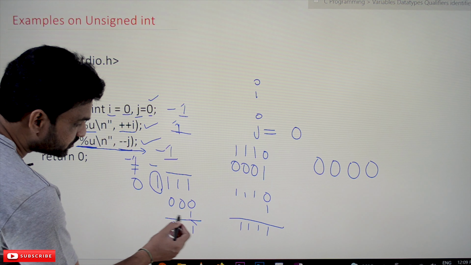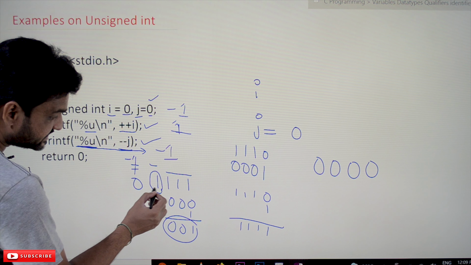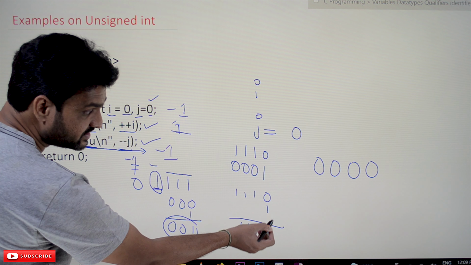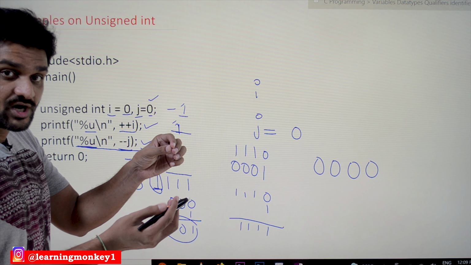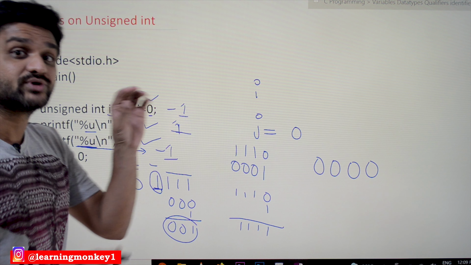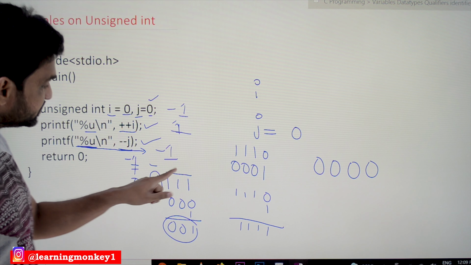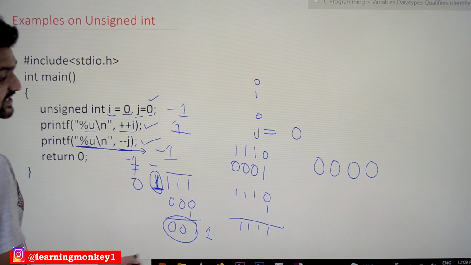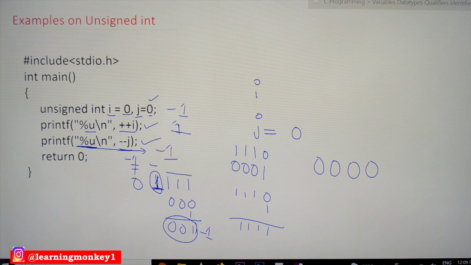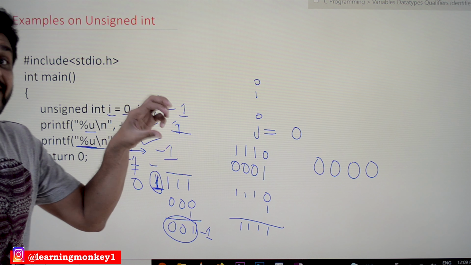So what is the output of the 2's complement of this? Because it is a negative number, as we have done 2's complement for 1, we have to do the 2's complement again to get the magnitude of the number. So what is the magnitude of this number? It is 1, and because there is a 1 at the most significant bit, it is -1. This is the case of signed numbers.